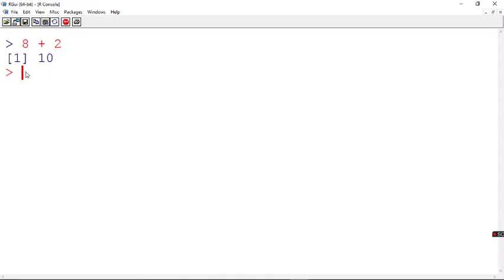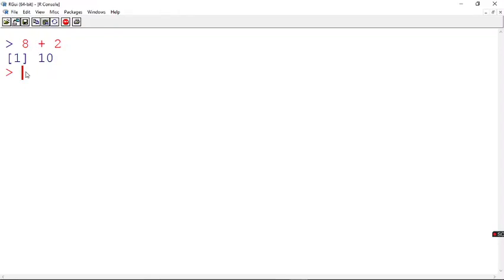We call this an infix operator. It takes two operands and finds the sum of them. So how do I convert this into a function? I said everything is considered a function call in R.